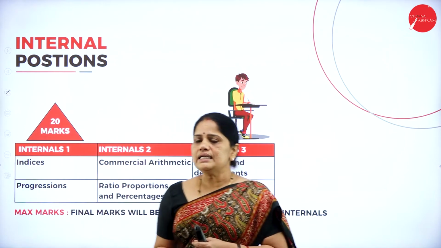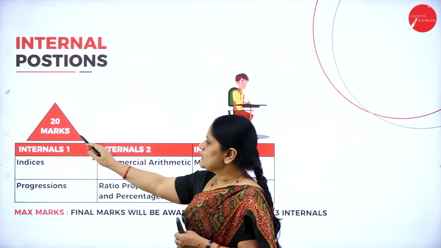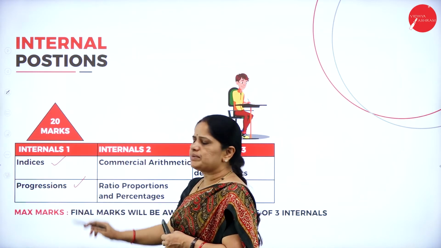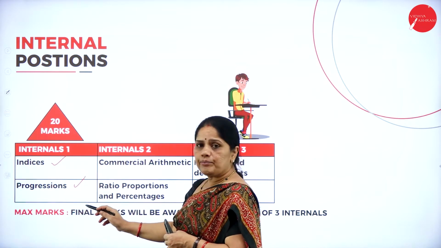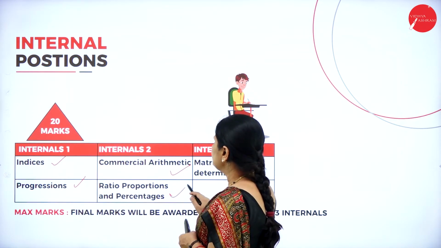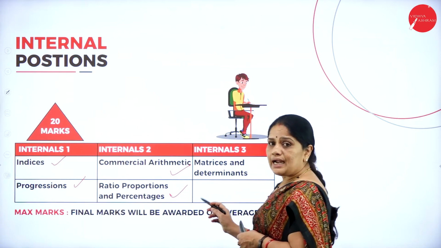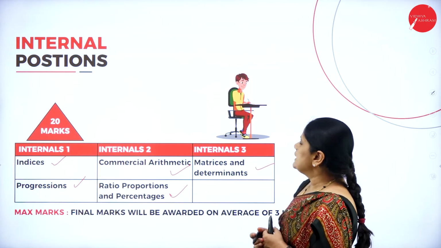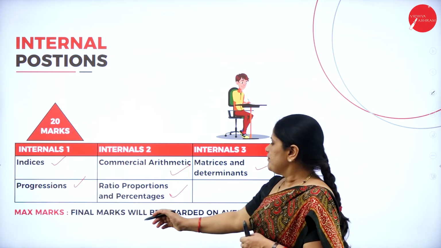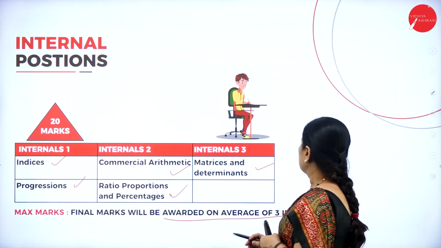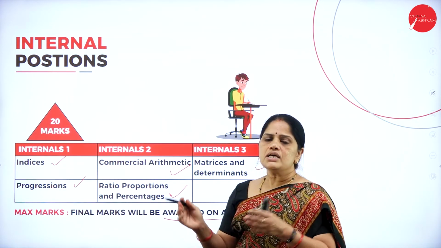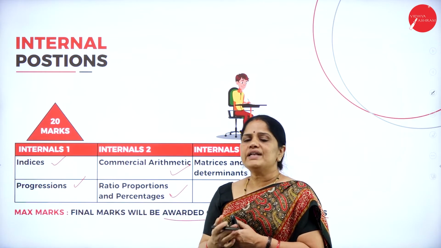Now, the internal assessment carries 20 marks. For the first internals, you will have the first 2 chapters, that is indices and progressions. Then for internals 2, we will have commercial arithmetic and ratio, proportion and percentages. And for internals 3, we will have matrices and determinants. So final marks will be awarded on the average of these 3 internals. So if you write all the 3 internals, we will take an average and we will award you